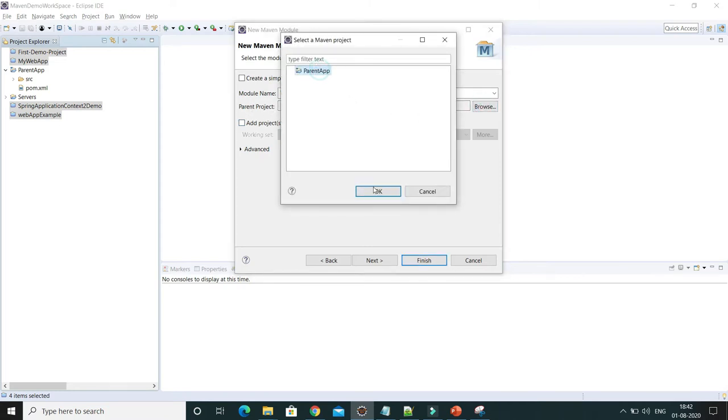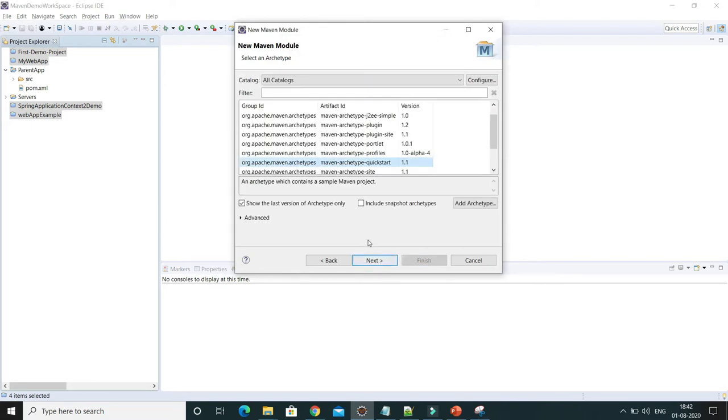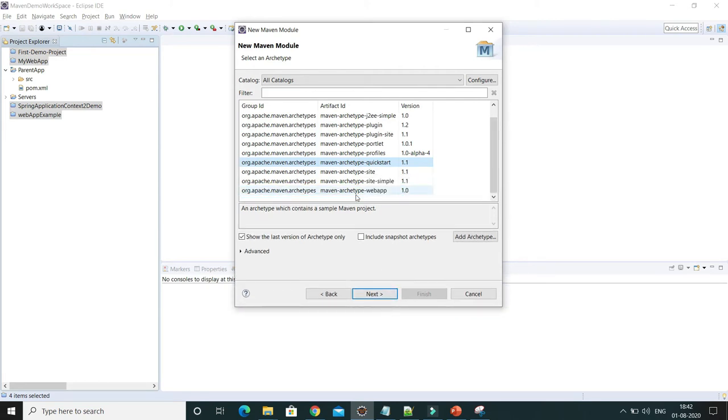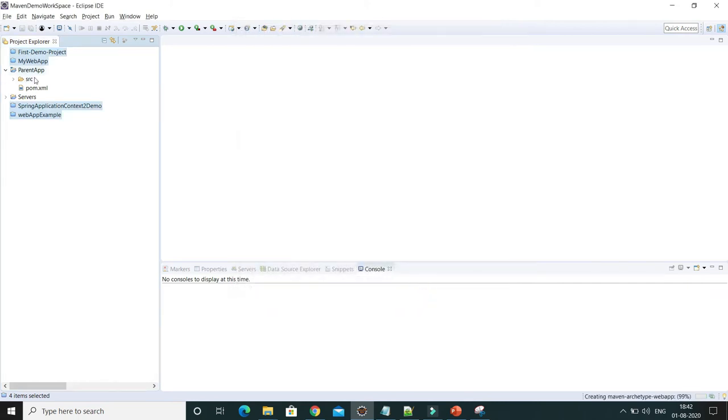So I have this parent project; this will be the parent of this web-app, right? If you click on Next, it asks me to select the archetype. This time I'm going to select maven-archetype-webapp, which gives us a template for a web-based application, right? So click on Next, and finally click on Finish. So one child project is created, called web-app.